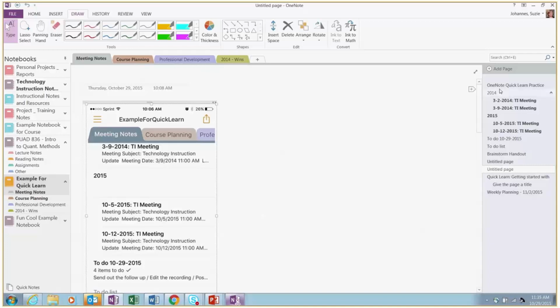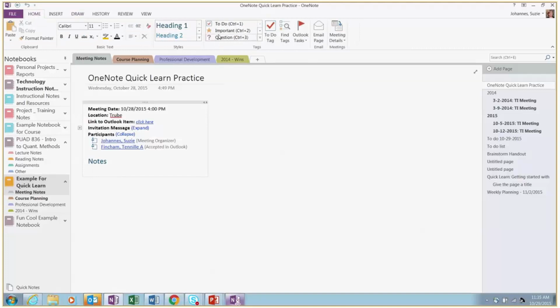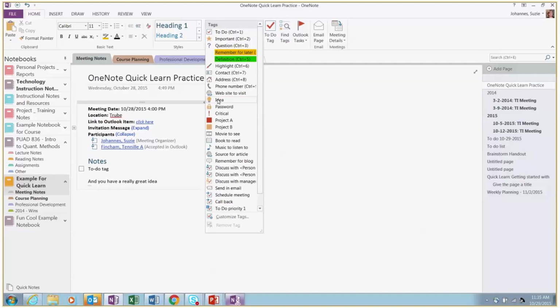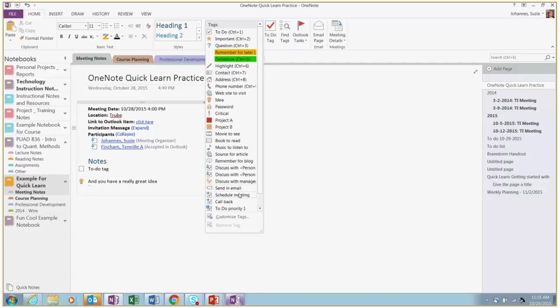So we sort of touched on it a little bit, that idea with those tags, but I want to just talk about it a little bit more because this tags area is what gives OneNote a lot of power. So I mentioned the to-do items, which is probably the most popular. But there's also other things. So if you're taking notes and you have a really great idea, you can come here and you can say, that was a great idea. So there's a little light bulb. There's a ton here. So, I need to schedule a meeting with this person. That's a book to read.